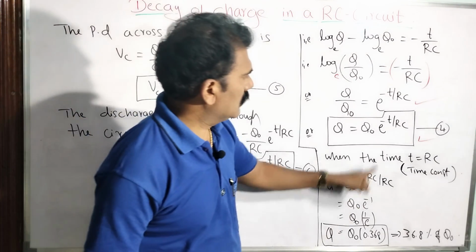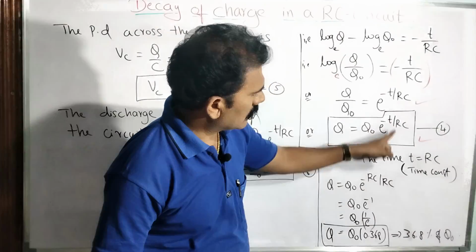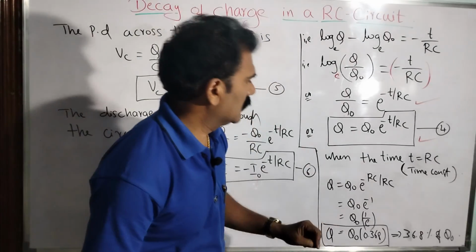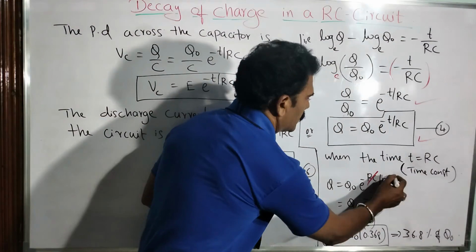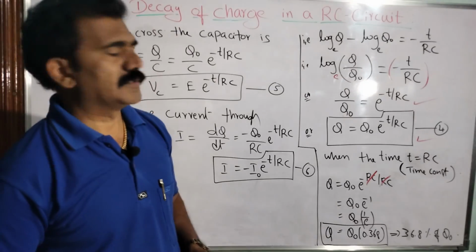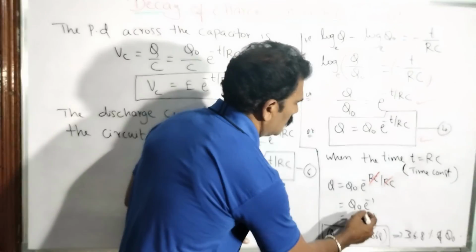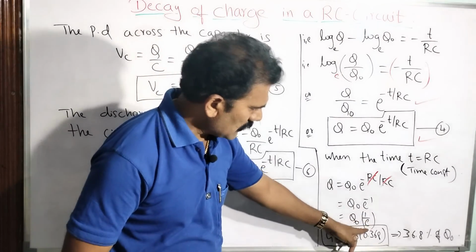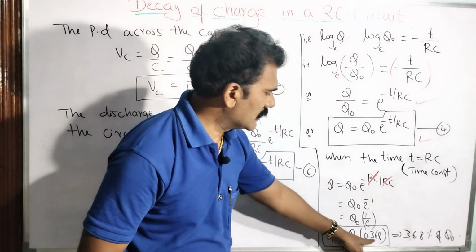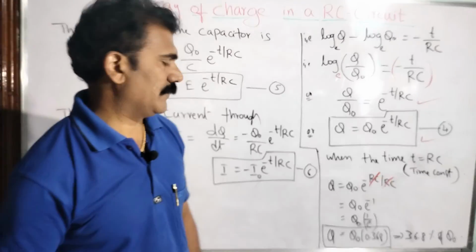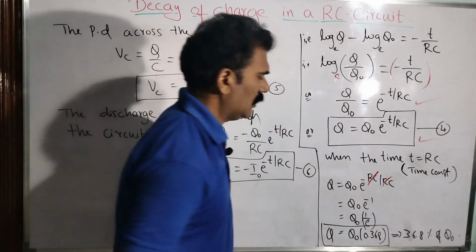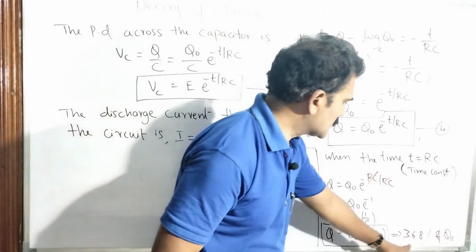So to proceed with that, you just substitute the value of t equal to RC, the time constant, here. So you can cancel RC in the exponential term, and you will get Q naught times e to the power of minus 1, that is 1 by e. So the reciprocal of the exponential gives you 0.368 as the fractional term. So Q is equal to 0.368 times Q naught,